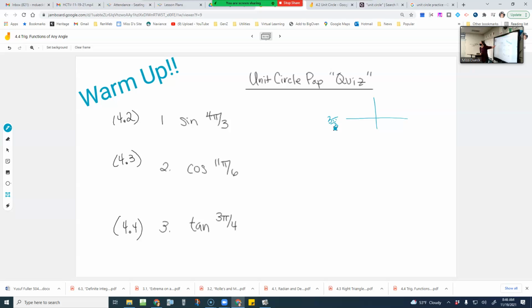Okay, so 3 over 3. Where's 4 pi over 3? One more. Right? One more would put me right there. Right here, in the unit circle, I have ordered pairs, and those ordered pairs, as long as they're from the unit circle, we saw ordered pairs in a later section that are not in the unit circle, they're too big, but as long as they're in the unit circle, which I'm coming from, are going to give me negative smaller,